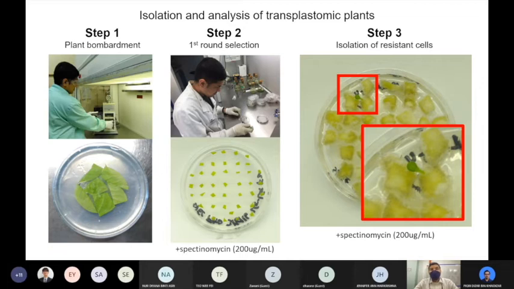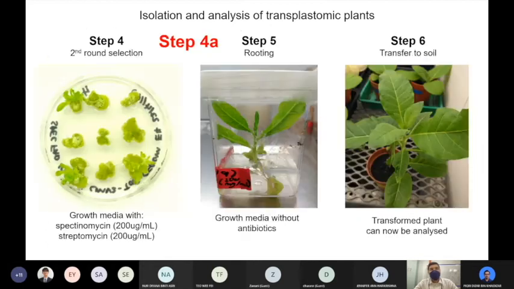Next we isolate the resistant cells with green callus, which means that the constructs are present in the transformed cells, showing that they have the antibiotic resistance marker genes with the DNA repeats. Then in step 4, we do a second round of selection with stronger antibiotics. Next, we remove these antibiotics from the media to let the plants root, before transferring them to soil